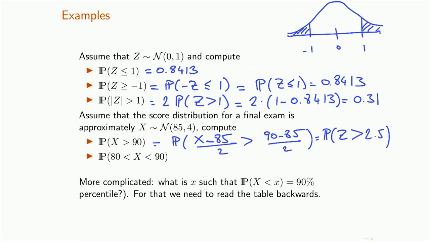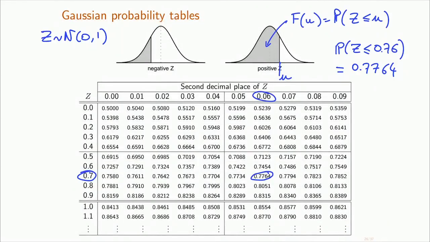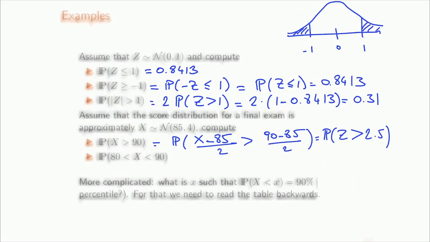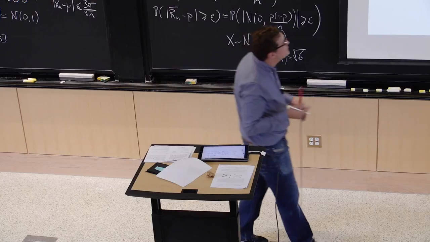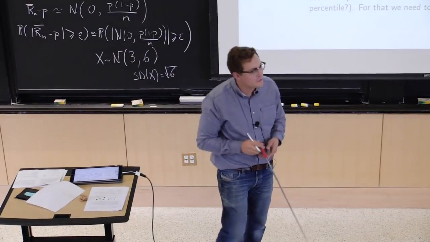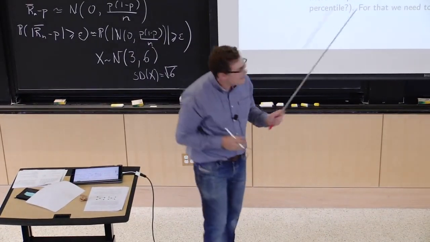If you go back to the table, you don't actually have anything that looks like 2.5. It's in one of those dots, so you're going to have to trust me that the probability that you get a grade higher than 90 is actually not very high. I'm going to write it as 0.62, but it's percent. Hopefully this was just another year. Okay, now let's look at